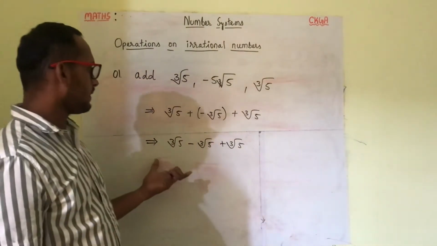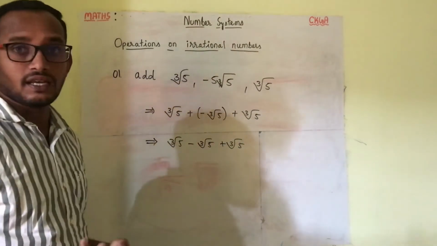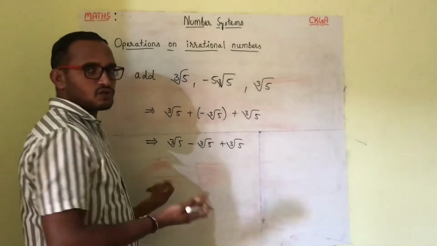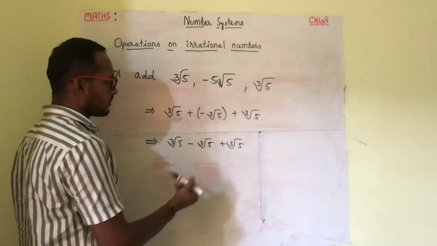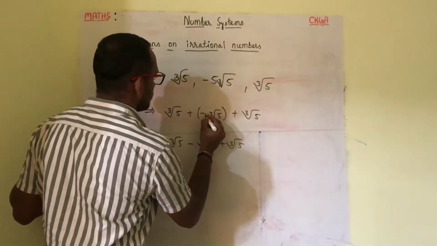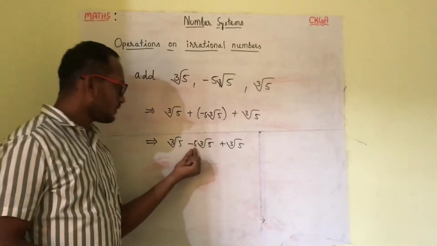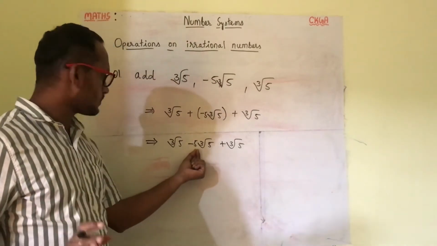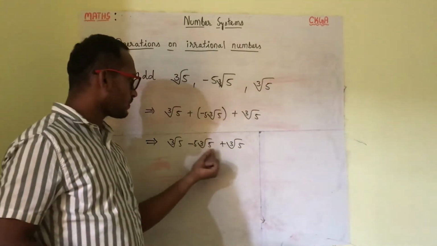Here we have a subtraction process also, because it's time to recognize whether they are like irrational numbers or not. Root 5, root 5, root 5. No problem, the radical 5 is common, order 3, 3, 3. I made a mistake here, sorry. Don't worry about the constant number; just think about the radical. The order is 3, order is 3, and order is 3.